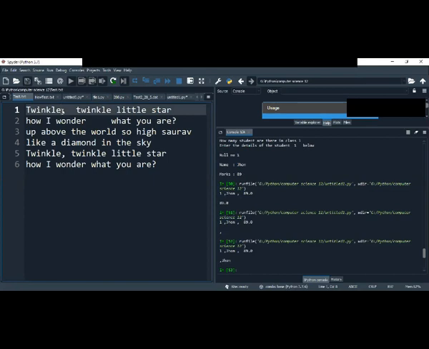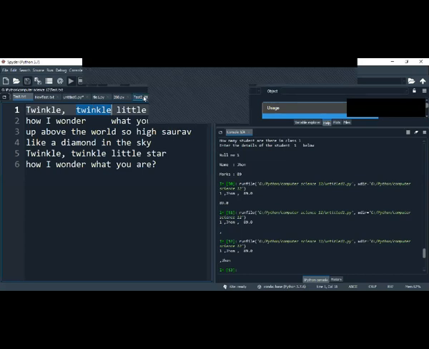So if I find the length of this first word, what will be the length of it? Its length will be the counting of all of them: 1, 2, 3, 4, 5, 6, 7, 8, and 9. But when we talk about this twinkle, the length will be 8. Why is it 8? Because there is a space right after twinkle. So what I wanted to tell you is that every value which is attached with the name or anything is counted together.